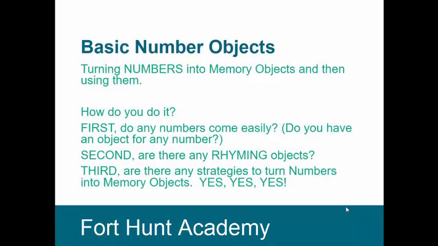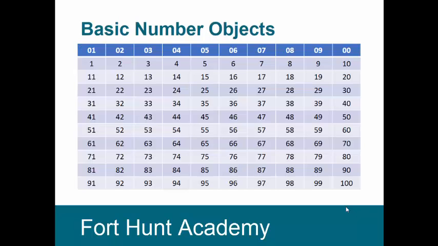And the real thing that we're going to focus on here is the strategies to turn numbers into memory objects. This is a lengthy process. This is probably the hardest process. If you look at this grid in front of you, this is the equivalent of learning your multiplication tables. What we do is we come up with a number object for each of the numbers that you're looking at here. Okay, that's about 110 numbers because we also want to have, for 1902, we want to have